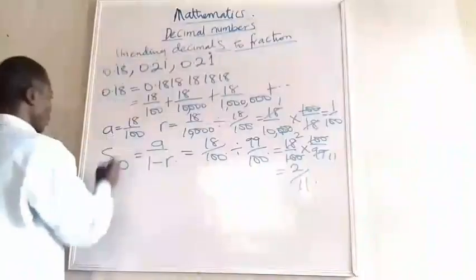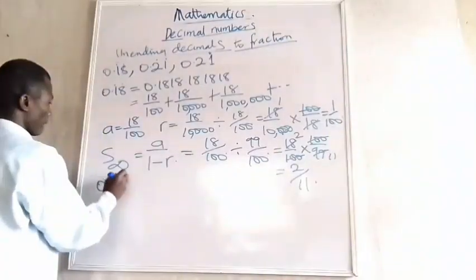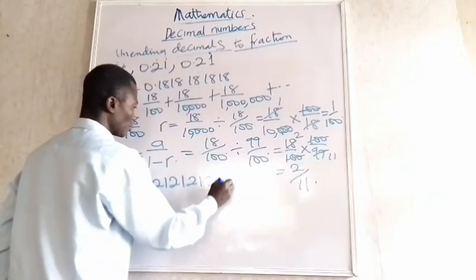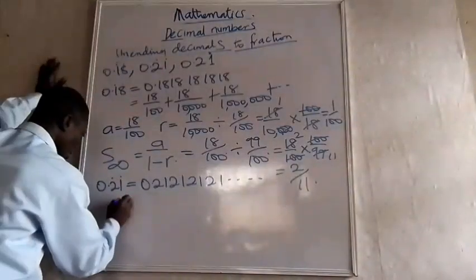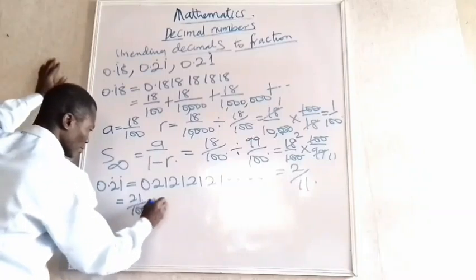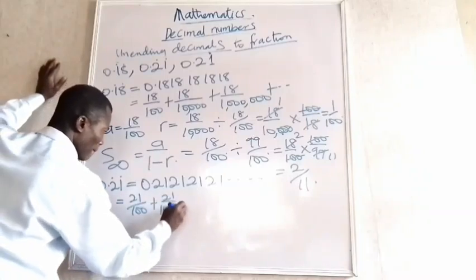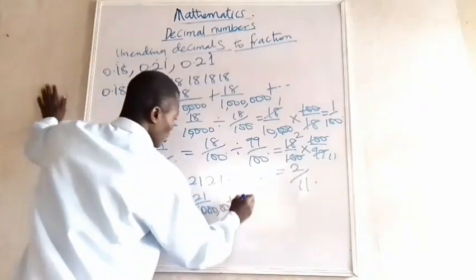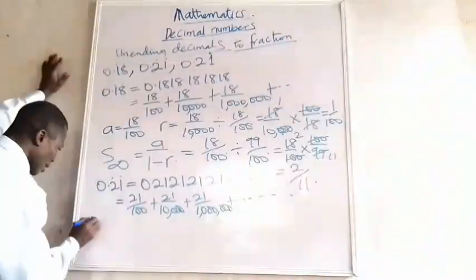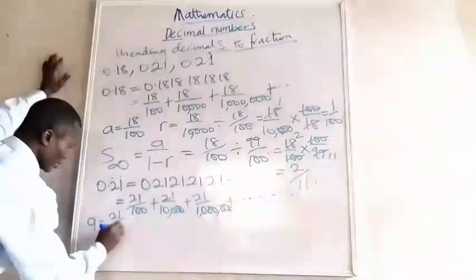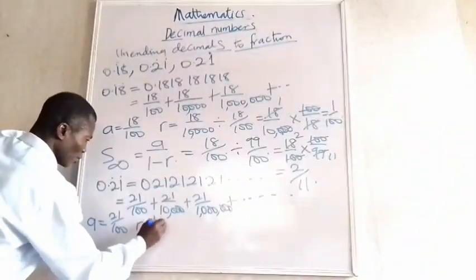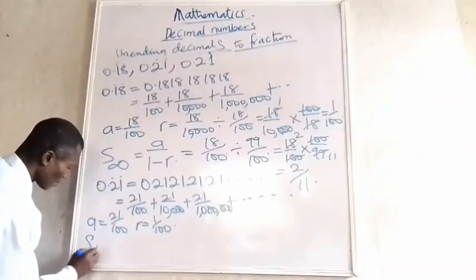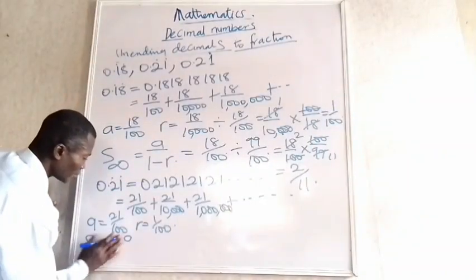Now, if you look at this one, 0.21 recurring, we are going to have 0.21, 21, 21, 21. In this instance, you can now see it's 21 over 100, 21 over 10,000, 21 over 1 million, plus, like that. So our A now is equal to 21 over 100. Our R now is 1 over 100. So you can see. And if I should apply this formula now, it will be equal to A, 21 over 100